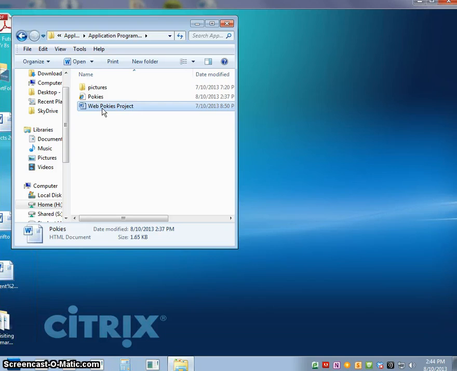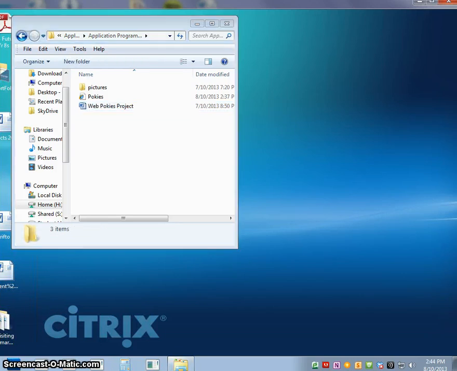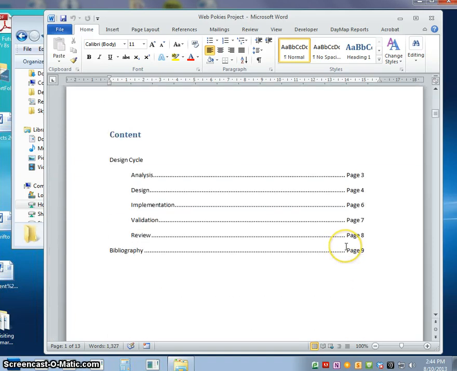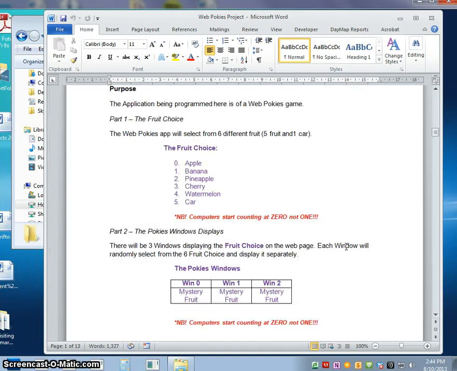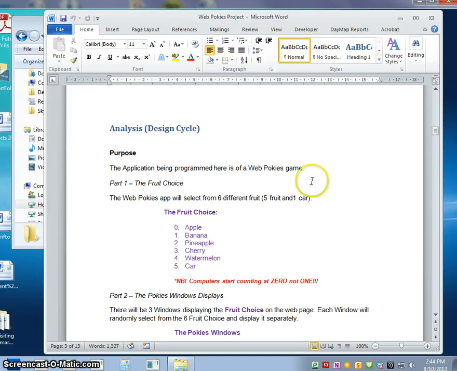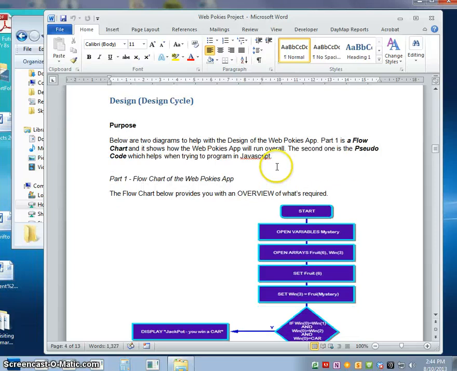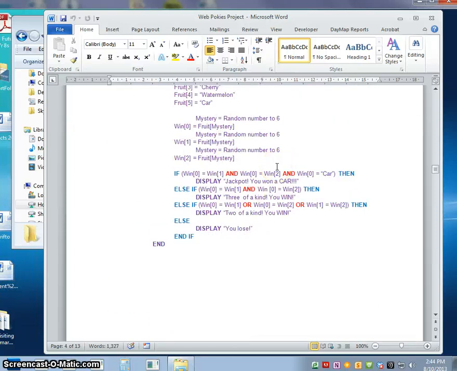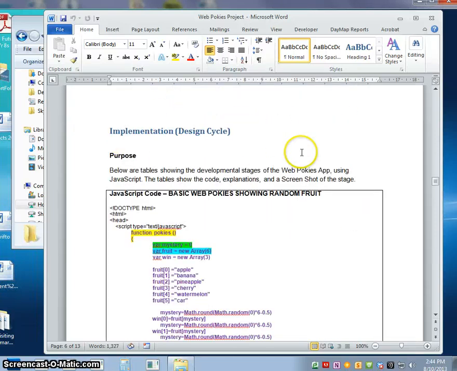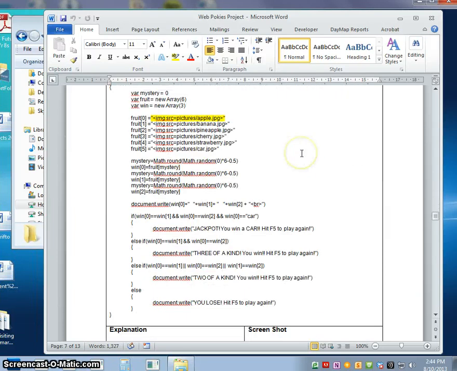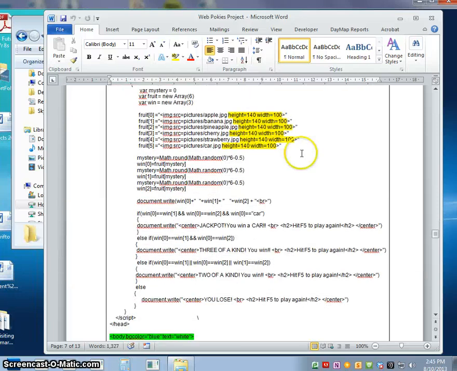Now, documentation to date, what we've done is the following. We have started our title page. In documentation 1, we looked at the analysis of the design cycle. In documentation 2, we looked at the design of the design cycle. In documentation 3, we look at the implementation of the design cycle. Now we're down to the fourth section, and the fourth section is